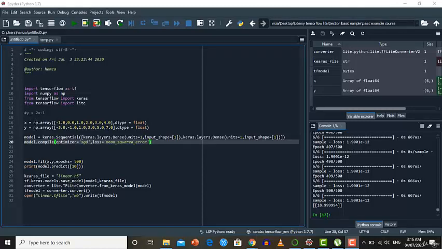Here you can see that I created two arrays with np.array, and x contains values minus 1, 0, 1, 2, 3, 4 and so on. Similarly, y will contain other values. And the relationship between x and y is that y is equal to 2x minus 1. So if the value of x is minus 1, then the value of y will be 2 into minus 1, minus 2 minus 1, which will be minus 3. So the value of y will be minus 3. Similarly, if x is equal to 0, the value of y will be minus 1.